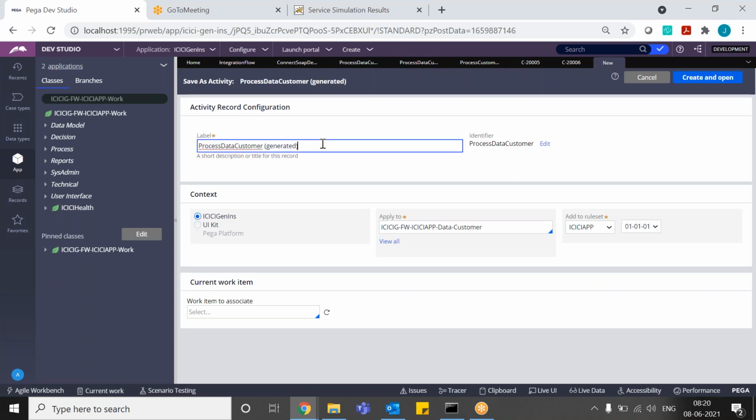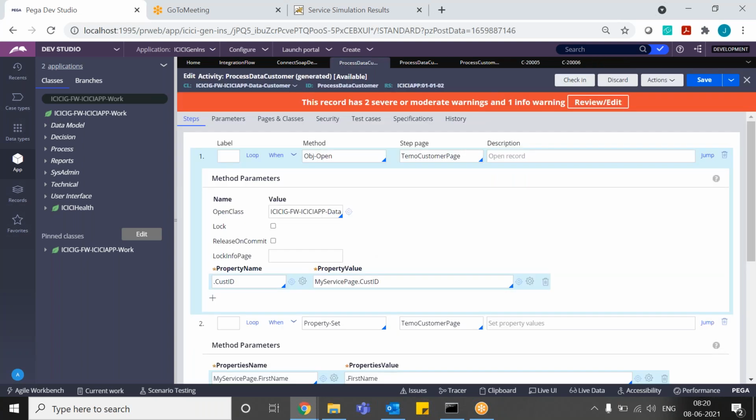Both names are the same, the one that I opened earlier and this one. So I'm trying to save it with another name.